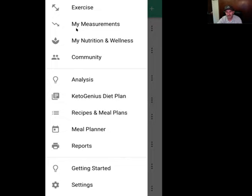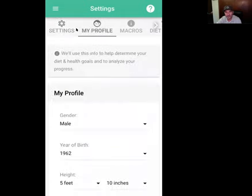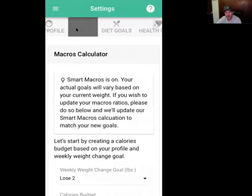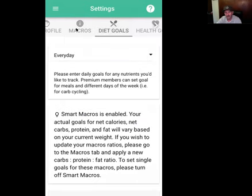Now looking here at our index, you're going to see a light bulb near the bottom and it says getting started. That's the first place you're going to want to go when you open this Carb Manager. Okay, and you can see here across the top, the toolbar, there's my profile. There are macros, which you're going to be able to set up and it's going to tell you exactly what a macro is. Dietary goals, so health goals,